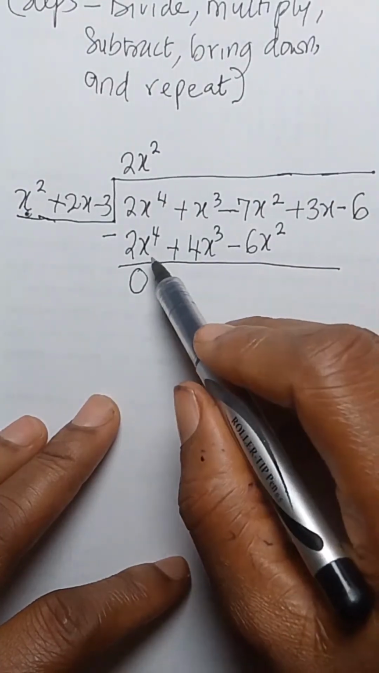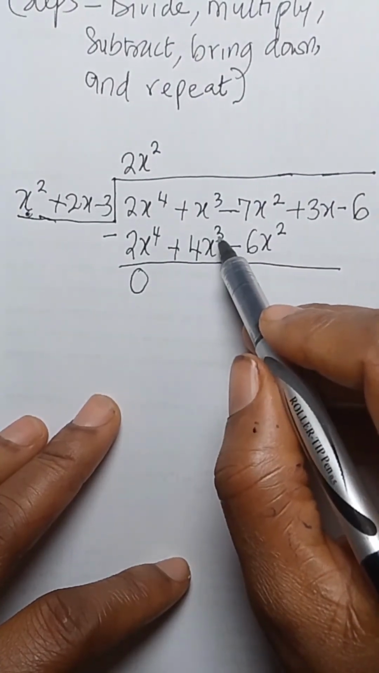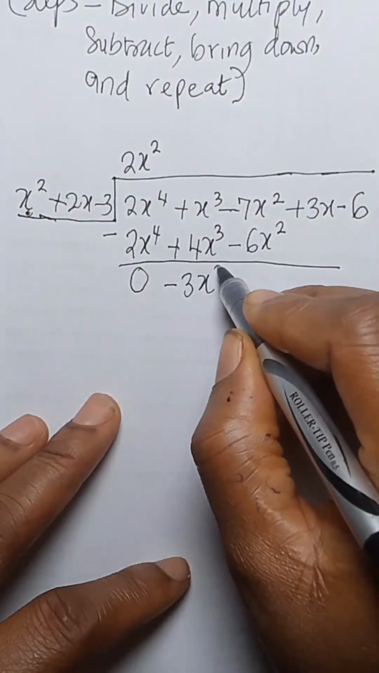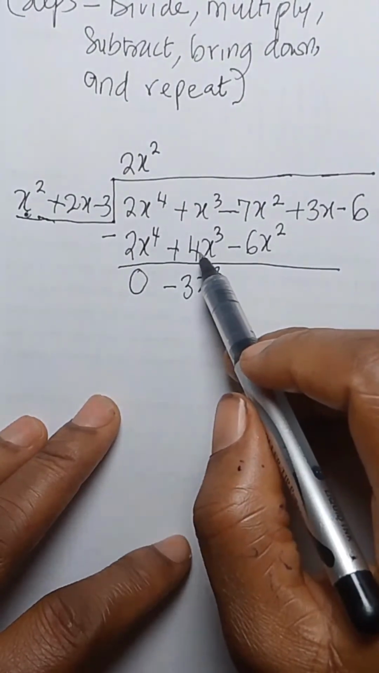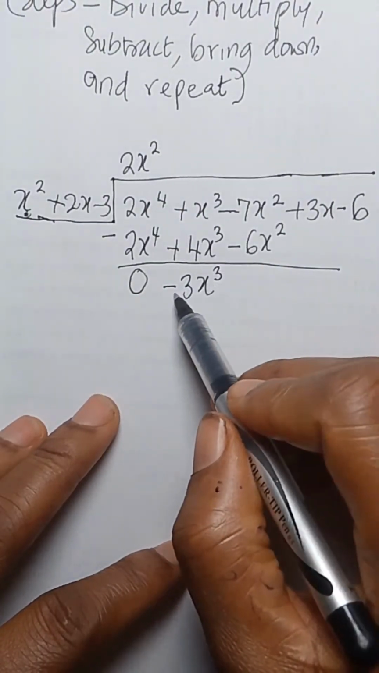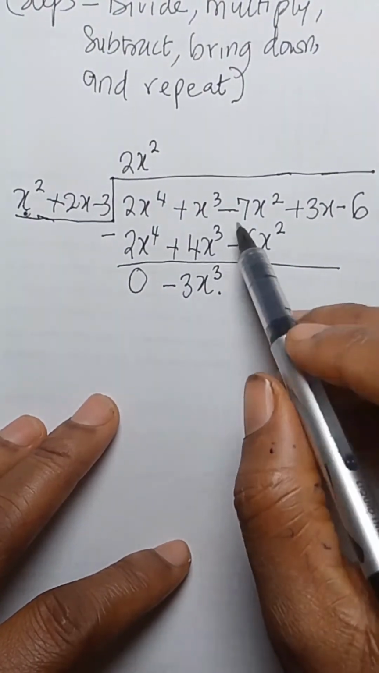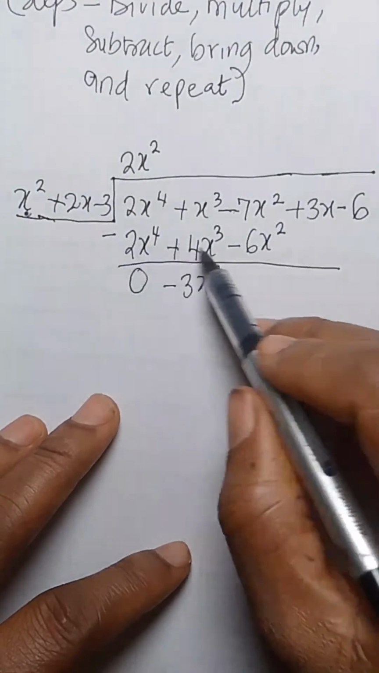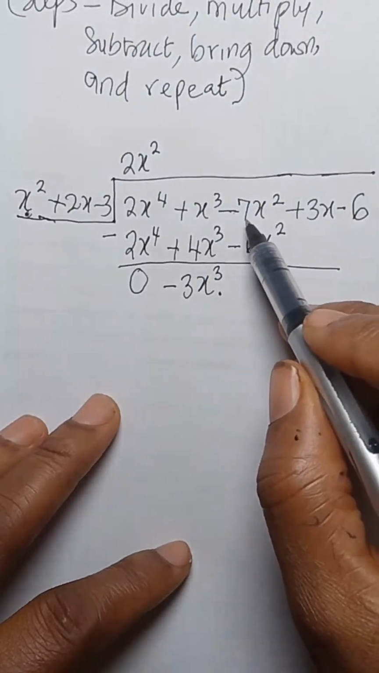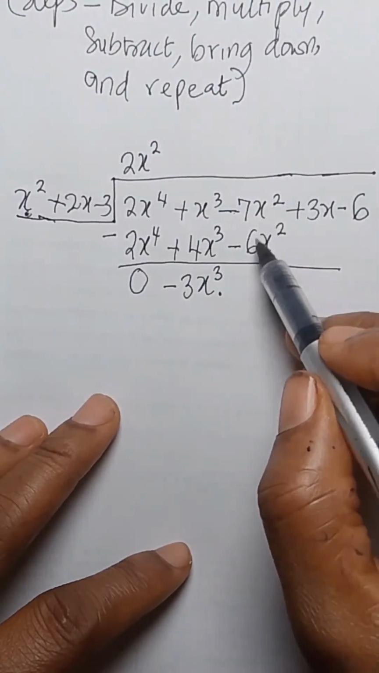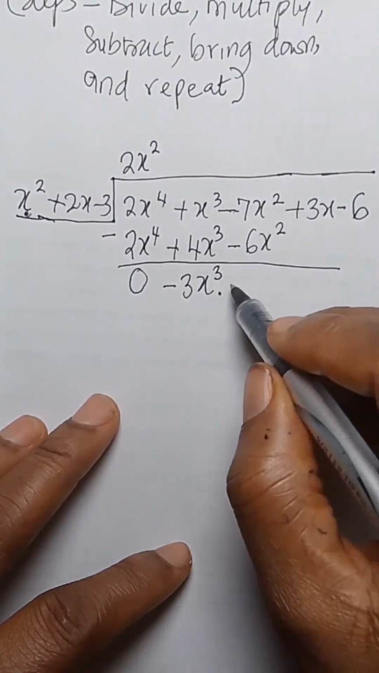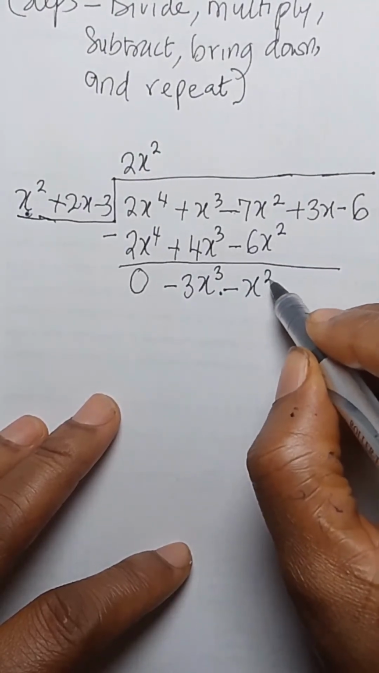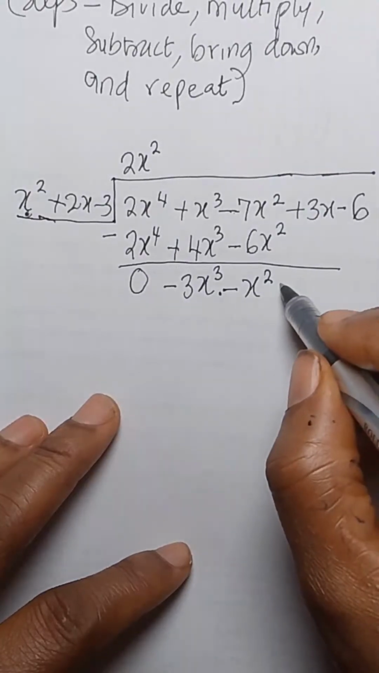x cubed minus 4x cubed will give us minus 3x cubed, because we are subtracting a bigger number from a smaller number, so it's going to be negative. All right. So here we have minus 7x squared minus minus, and minus minus is plus. Then we have minus 7x squared plus 6x squared, and that will give us just minus x squared. We bring down what we have here,